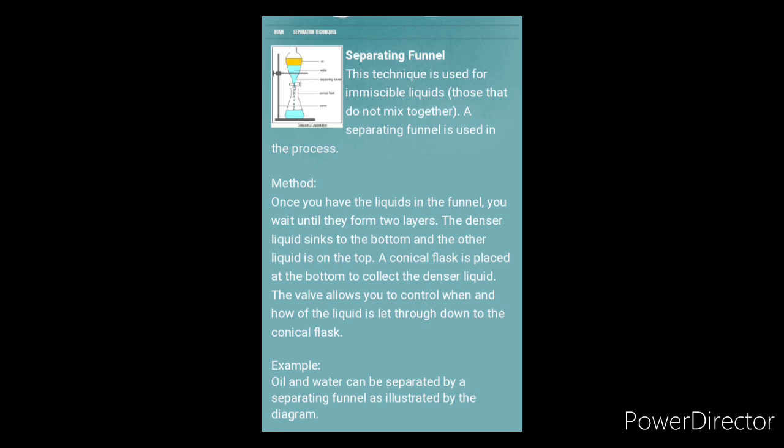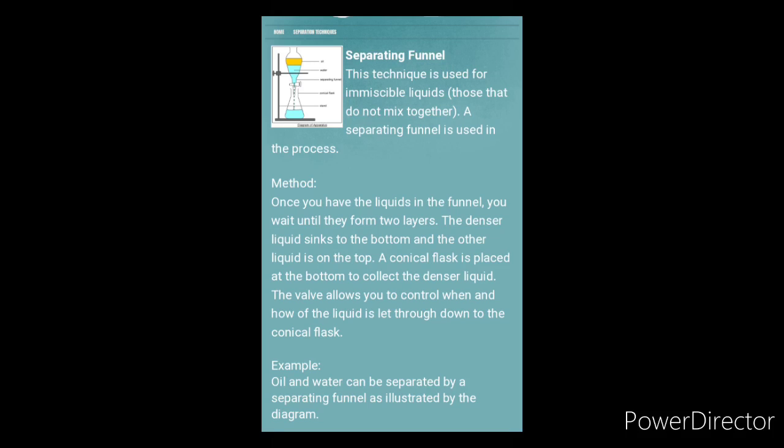Students, a separating funnel is used to separate two or more immiscible liquids. The mixture is placed in a separating funnel and then it is allowed to stand. The different immiscible liquids form separate layers which can be collected in different vessels one after the other. Now students, by this method we can separate an oil, benzene, toluene or ether from water.